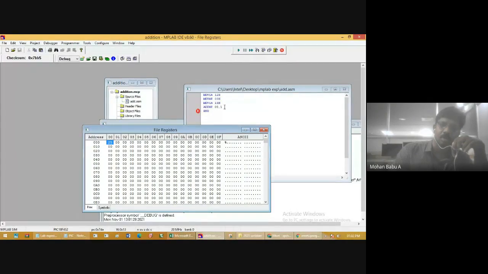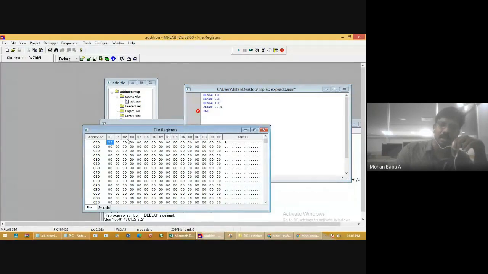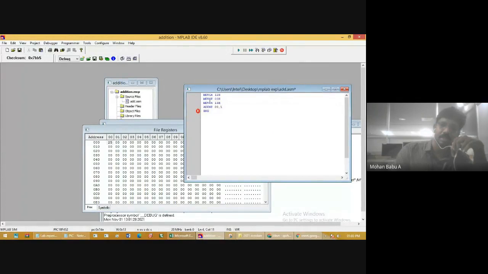Clear? How to verify when the destination bit is 0 and how to verify the result when the destination bit is 1. Here, the destination bit is 0, so you will need to view the output in the W register. If you give the destination bit as 1, the result is stored in the file register. That means the address locations in the RAM. RAM means data memory. We already discussed this concept in 3 sections. What is the file register? What is the destination bit? Based upon the destination bit, the result will be stored either in the W register or file register.